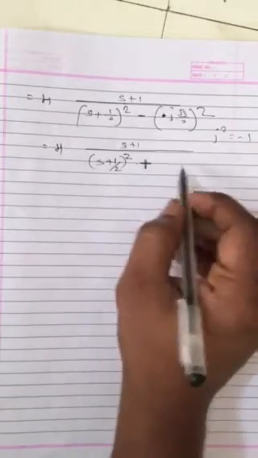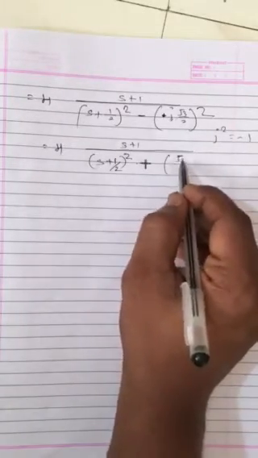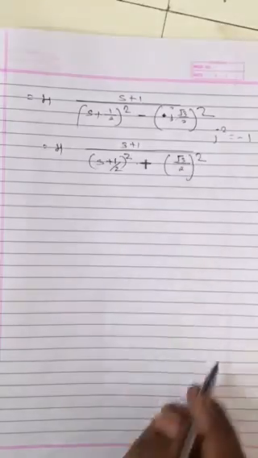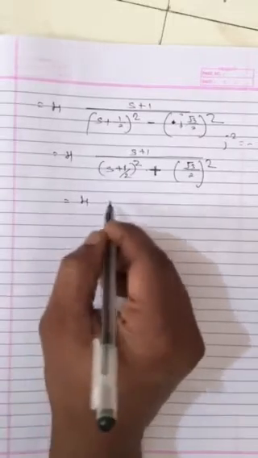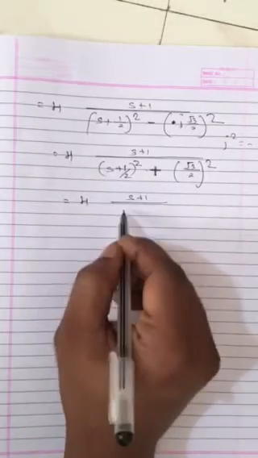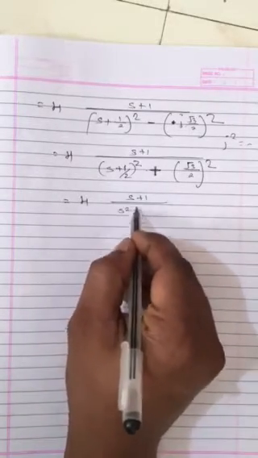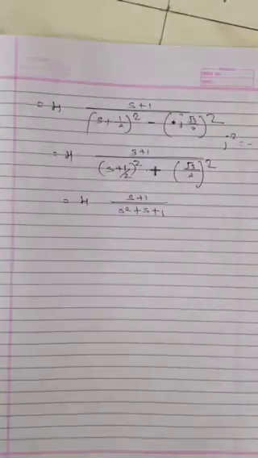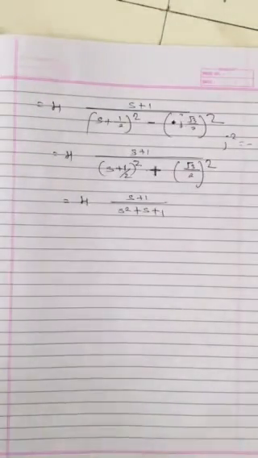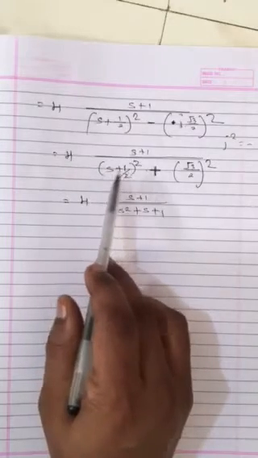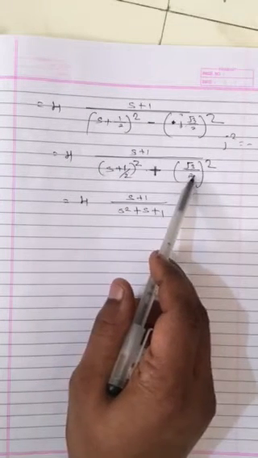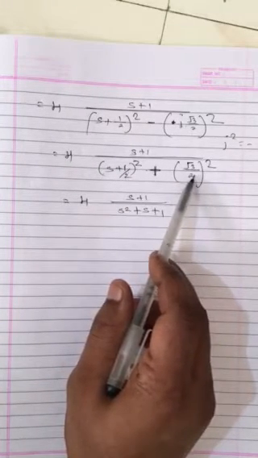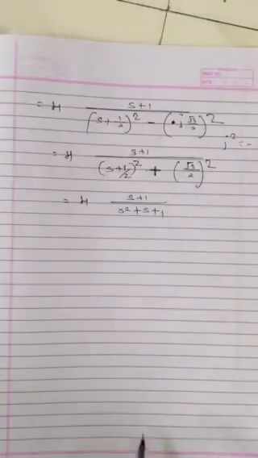Okay, so that minus will come outside, it will become plus, minus 1 is plus, and square of root 3 by 2, root 3 by 2. Now you have to solve it simply and you will get the equation as H times (S plus 1) upon (S square plus S plus 1). Solve it and you can see. Formula for this is A square plus B square plus 2AB, and when you open this with square and multiply, you will get the answer.